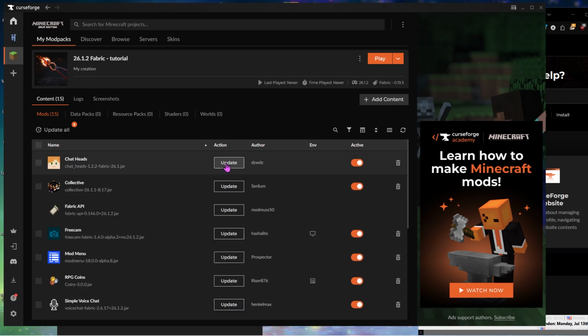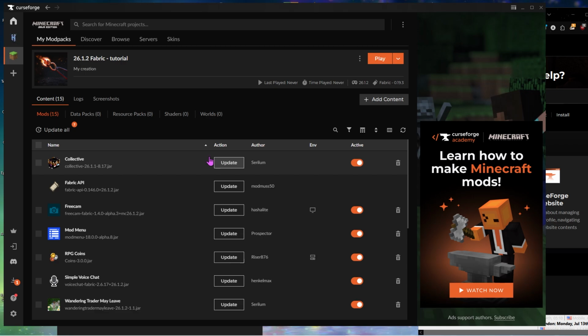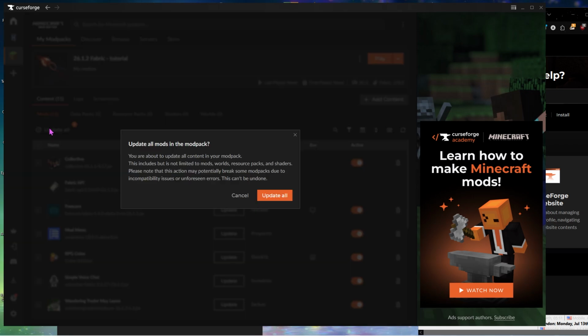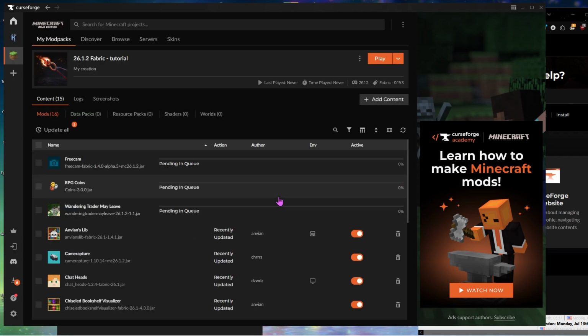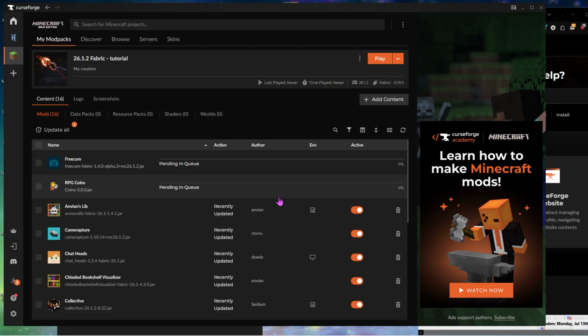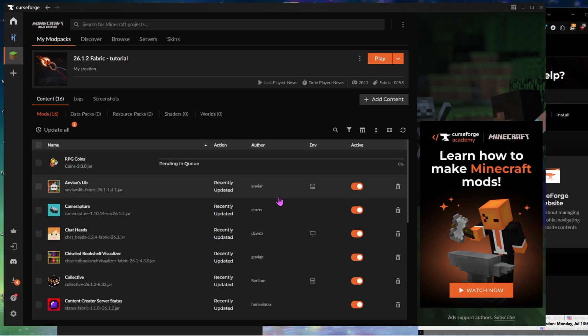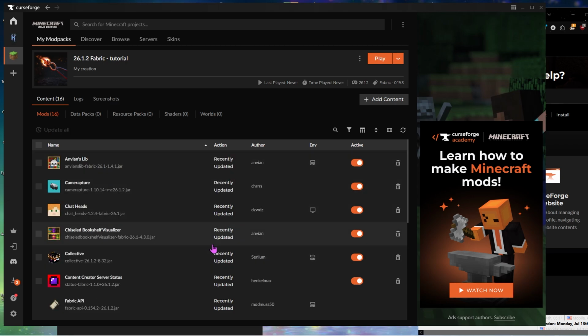You can update them one by pressing the update button. Or if you prefer, there's an update all button. You can press that, press update all, and it will queue them and update them one by one for you. Bear in mind, sometimes this can actually cause issues if the server you're about to play on has not updated these as well. Sometimes it's fine, sometimes it's not, it depends on the mods. So sometimes I would actually recommend joining the server first without updating the mods, see if that works, then close out of the game, update them all, and try joining again to see if the updated versions still work.